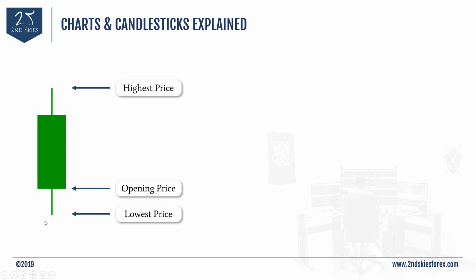So if this is a daily candle on a daily chart, this means from the low here at the bottom to the high here, the top of the wick up here, this was the entire price movement that happened during this particular day. If it was a 1 hour chart and this candlestick would represent 1 hour of price action, it would encompass all the price action and the price movement within that particular hour. And then this candle closes